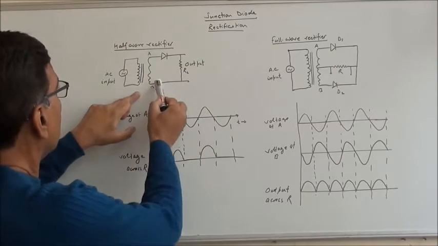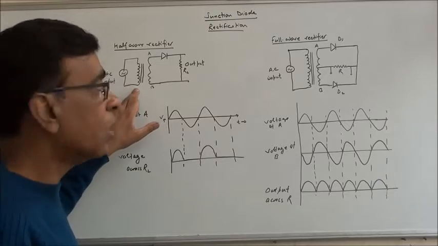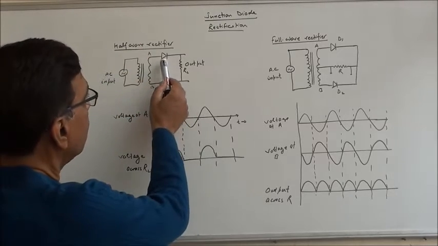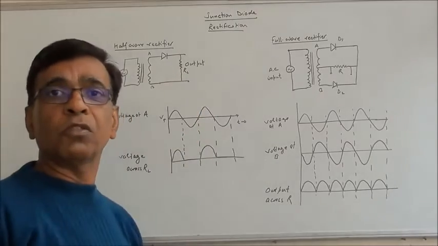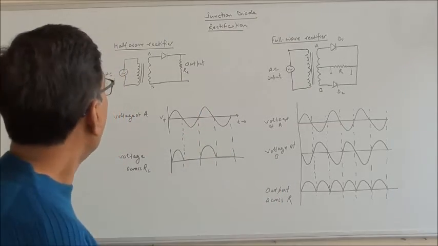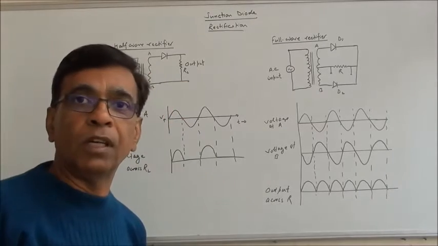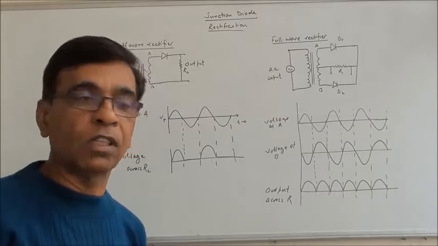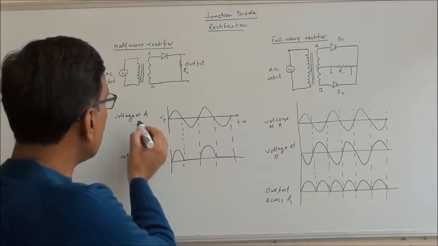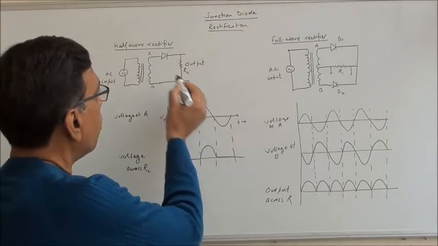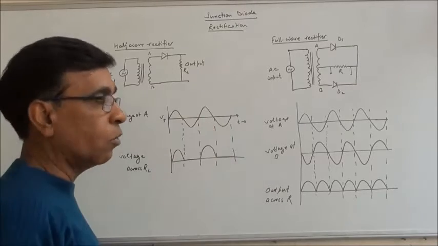This is a transformer, step down transformer. Input to the primary of the transformer and to the secondary we connect a diode and load resistance across which output is to be taken. Now due to this alternating current, by the principle of mutual induction, we have done the working of transformer. So A becomes alternatively positive and negative. This is the voltage waveform at A, plus, decreasing, 0, minus and so on.